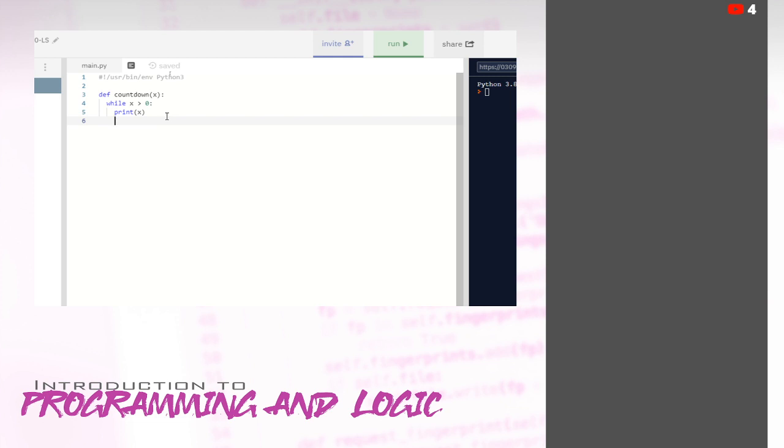Like in our previous examples where we could use plus equals, you could also use minus equals as a shorthand, and it works as well. So x minus equals 1, and that does our iteration for us.